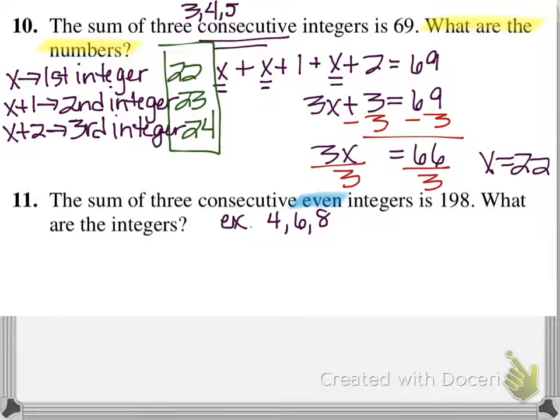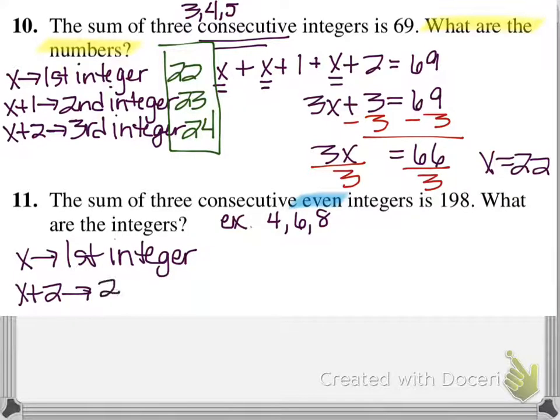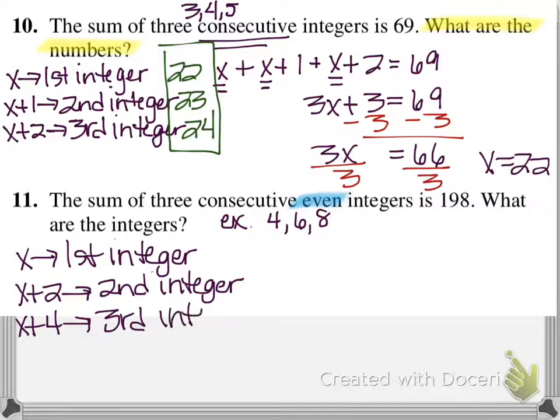So the way we set it up, we don't know our first integer, so that'll still be x. Our second integer, how do you get from 4 to 6? Well, that's a plus 2. And how would you get to the integer after that? Well, plus 2, or in other words, plus 4. So if you see consecutive even or consecutive odd, either one, you're going to do x, x plus 2, x